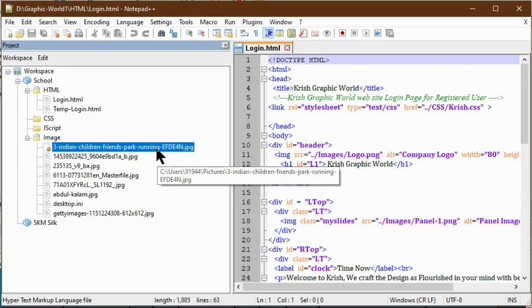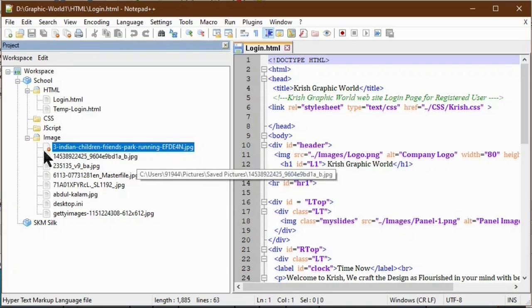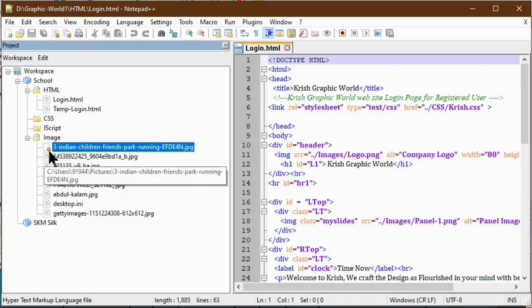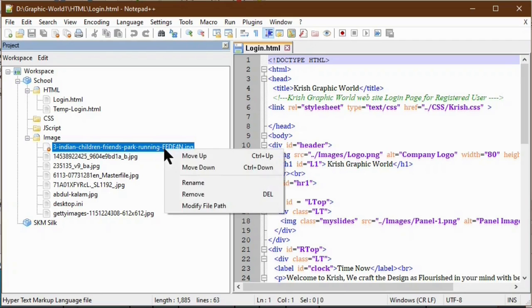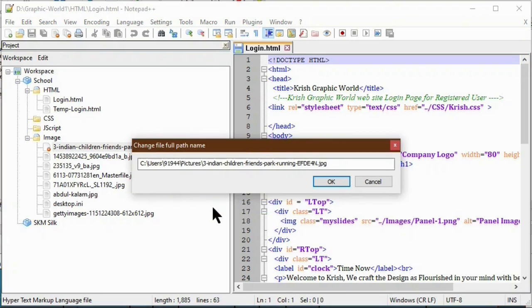Suppose I am clicking that file, then it will show one minus sign at the document starting point. It means that particular file is not available in the particular folder. By moving your mouse over that file, it will show the entire path. Then by right clicking that file, you can modify your file path.